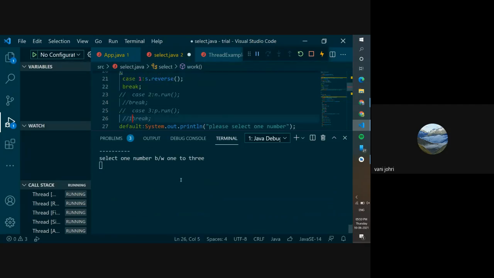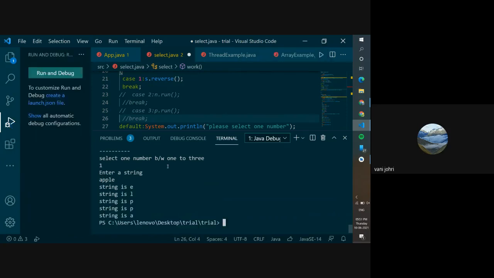So let's choose 1 because that's all we have right now. So I'll do 1, and you got enter a string. Let's enter apple, and then okay.